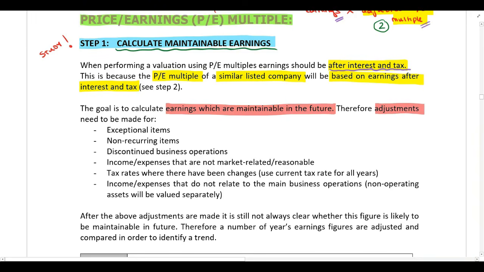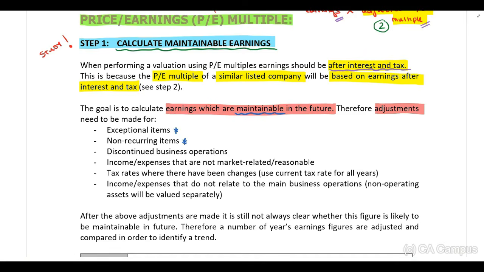The first adjustments that we make are for exceptional items or non-recurring items. So this is any income or expense that is exceptional, that you don't think will happen again in the future, because if it doesn't occur again in the future, it is obviously not maintainable. So that must be adjusted for. Exclude anything that is unusual, anything that is exceptional, or anything that will not occur again in the future. And linked to that